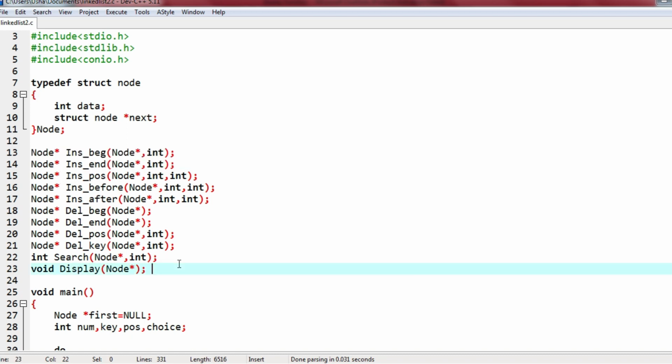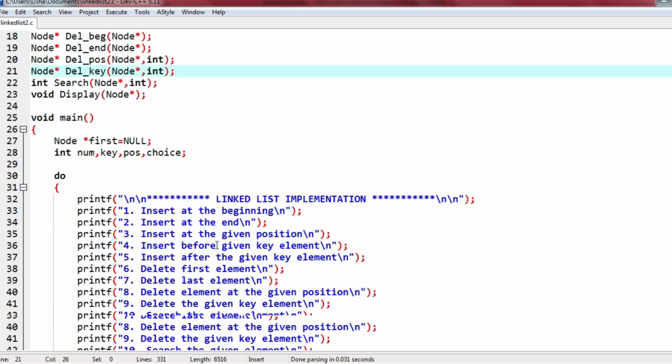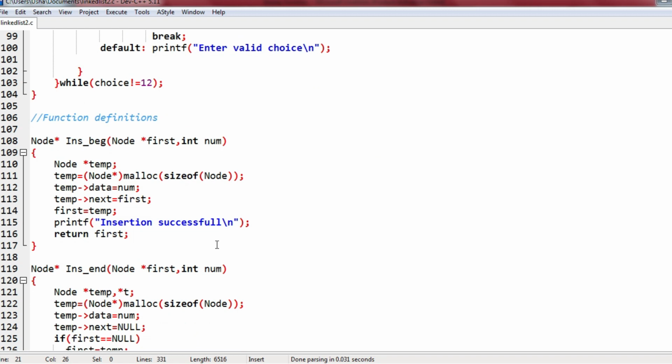So what I do is I create stubs. What are stubs? Those are functions with empty definitions, meaning there is no working code inside the function definition. It's just like a temporary replacement of a function definition. Example: right now, insert after function is still a stub only. Deleting a given element is also a stub, right? Without that, my program will not even work.